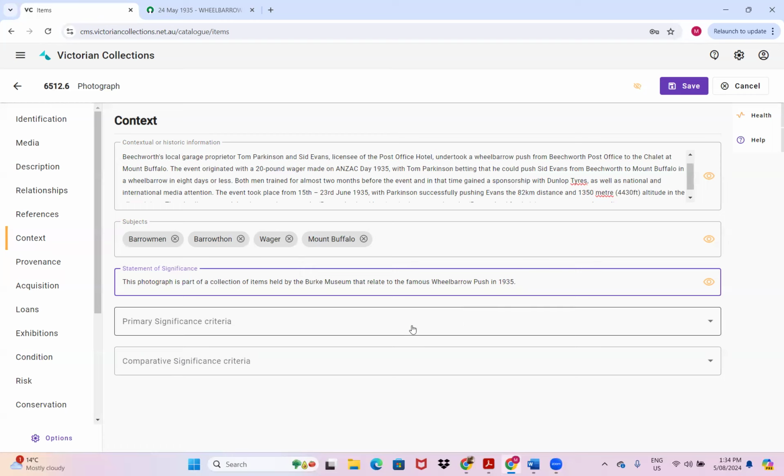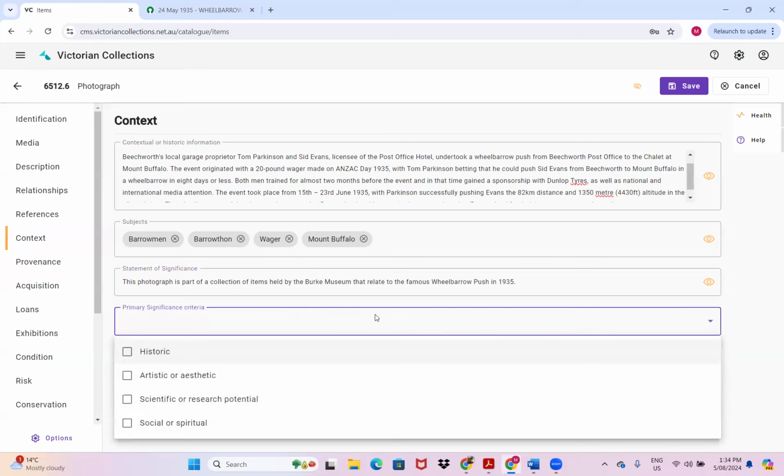And then the next ones here, they're drop-down lists. For some items, this will be incredibly straightforward. For other ones, you might be ticking every single one of these because there's so much to it. But for ours, a lot of the time it's going to be historic. For these, so the social or spiritual. I would say historic is closer for us than social or spiritual, but there could be a very strong argument that